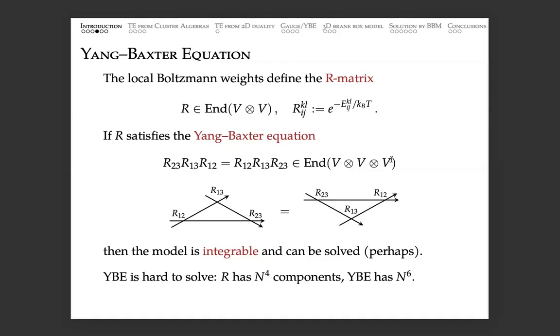Okay, and then the model is actually integrable. Well, I'm skipping some important things like spectral parameters, but the main thing I want to talk about is that the Yang-Baxter equation is an important part of showing the model is integrable. Okay, and if the model is integrable, you have many commuting conserved charges, and if you're good enough, probably you can use those conserved charges and diagonalize them simultaneously and solve the partition, say, calculate the partition function analytically.